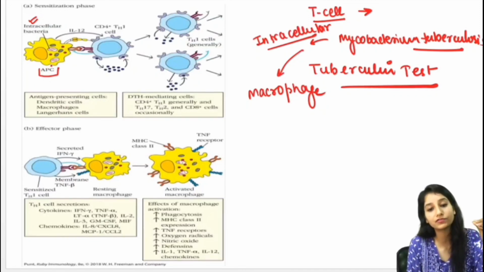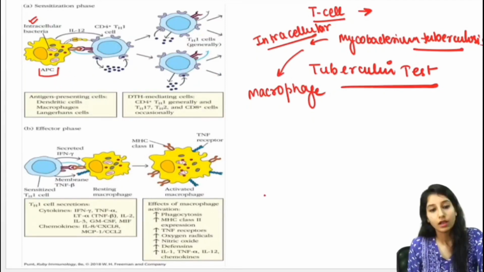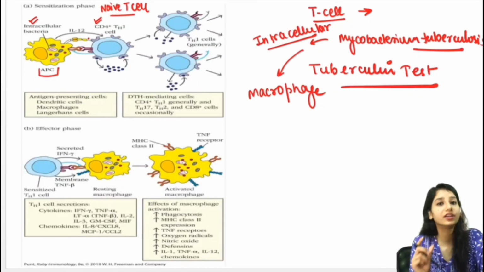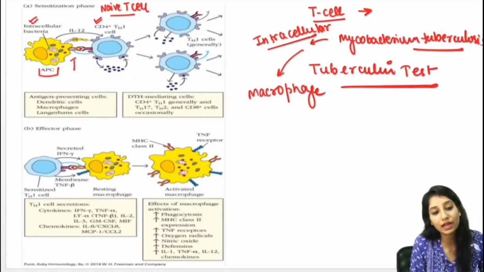So what will this macrophage do? This macrophage will modify the bacteria and take a little bit of its part, the antigen part, and it will show it to the naive T cell. Whom will it show? It will show to the naive T cell, and this naive T cell also contains a co-receptor, that is CD4 positive. Okay, how is this APC showing it? This APC will show by keeping the antigen on a plate. You can consider it as a plate. So what is this plate? This plate is the MHC2 molecule.